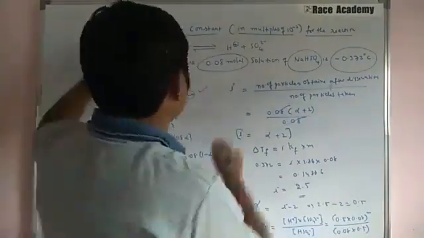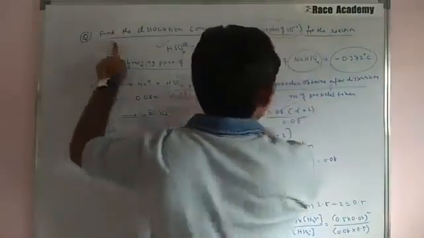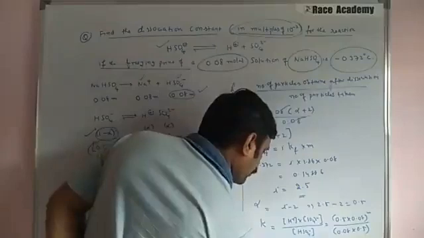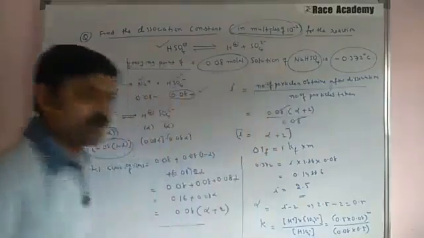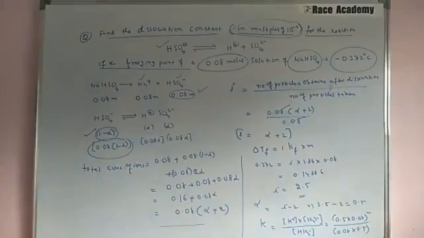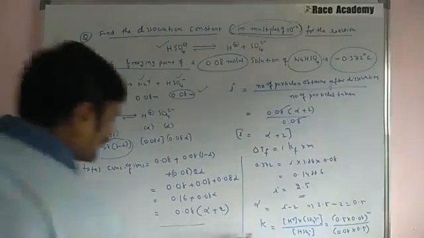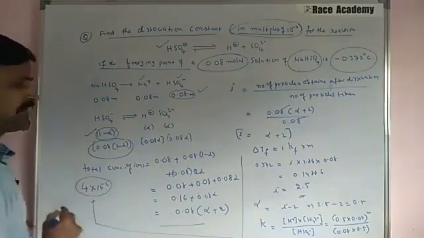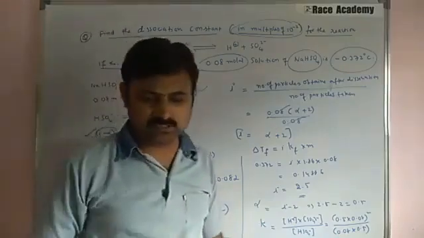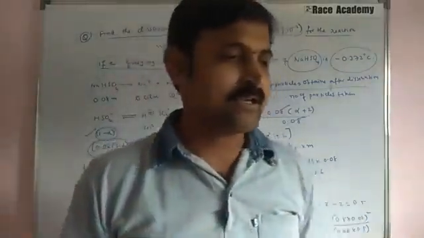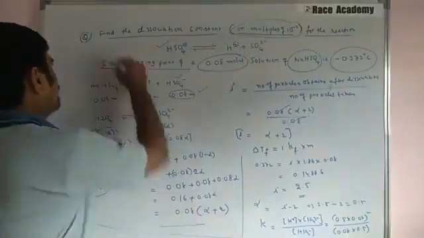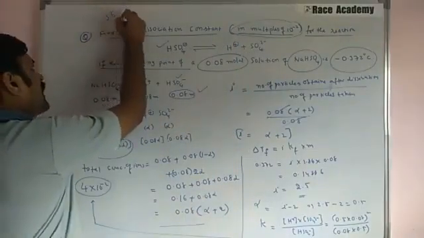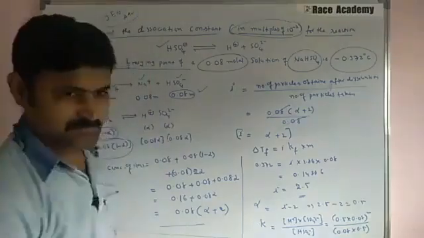But in the question they are giving, the answer should be given in multiples of 10 power minus 2. Then you can write it as 4 into 10 power minus 2. So 4 into 10 power minus 2 is the right answer for this question. So here I am writing the right answer, that is 4 into 10 power minus 2 upon simplification. This is the answer for this problem. This is an integer type of problem, usually asked in the JEE Advanced examination. Okay.